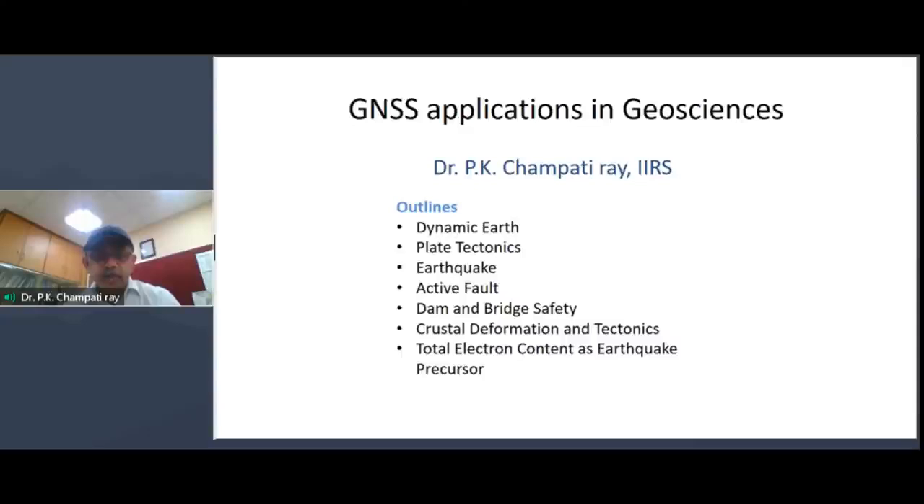applications. We will briefly touch upon plate tectonics, earthquake, active fault, dam and bridge safety, crustal deformation, tectonics, total electron content as earthquake precursor. Some of the applications of GNSS in geosciences will be covered. Now, we will say that the strong reason for using the global navigation satellite system is primarily due